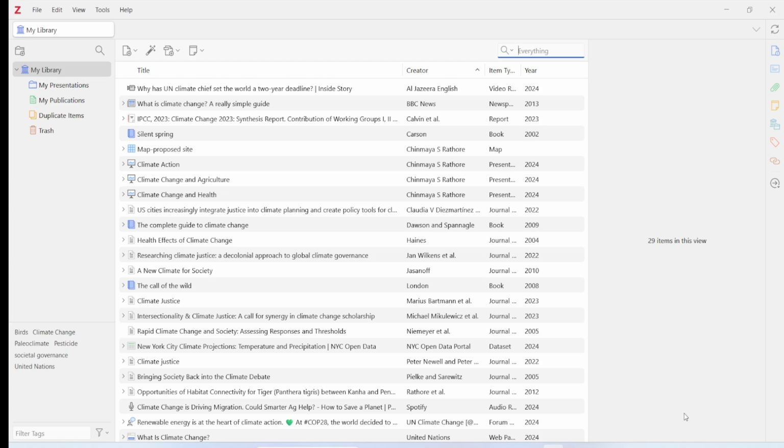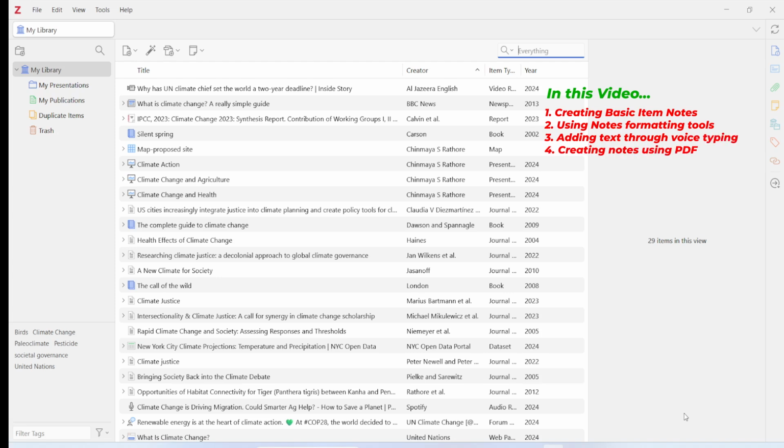In this lesson, we will explore how to take both item and standalone notes in Zotero. The new Zotero 7 has added several interesting features to enrich note-taking, and I'll demonstrate these to you in this video. We will also see how to automatically create notes using PDF annotations and also by selecting text on the